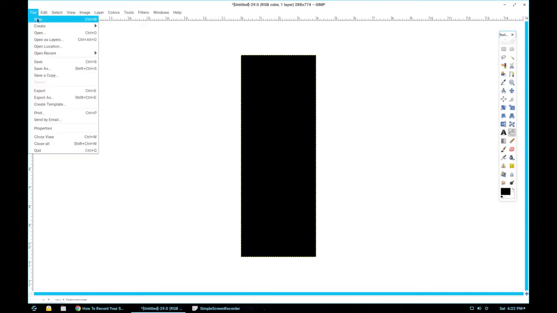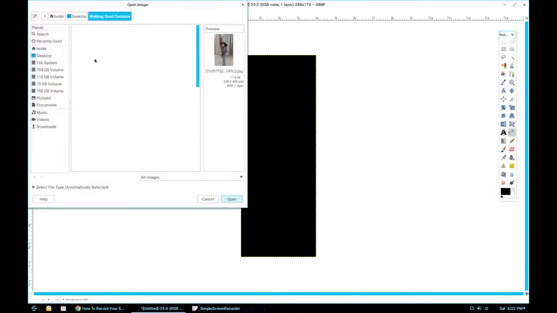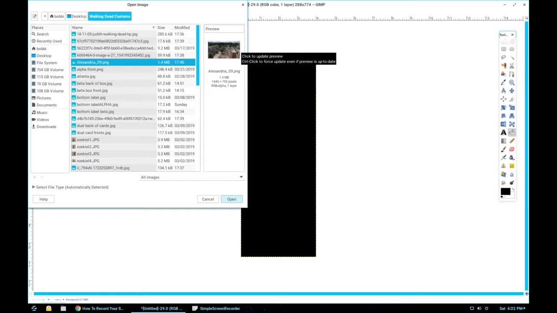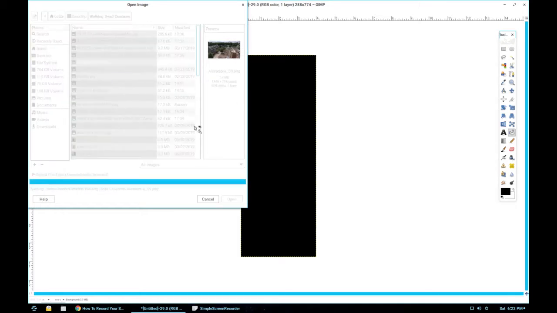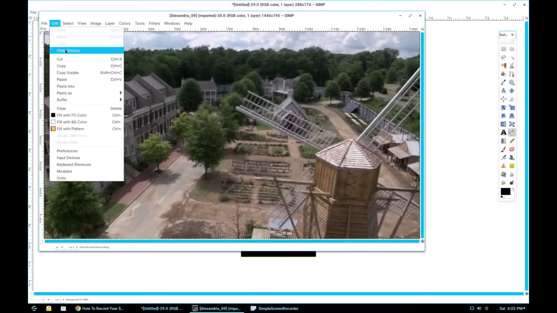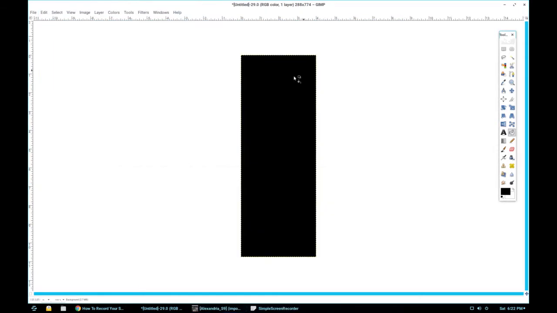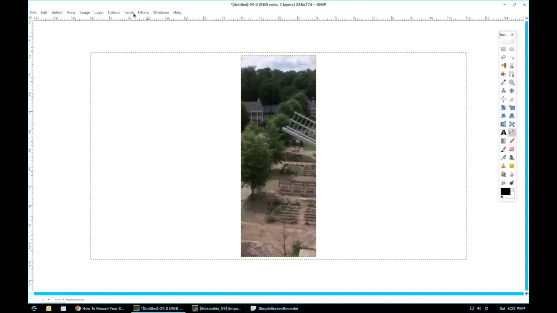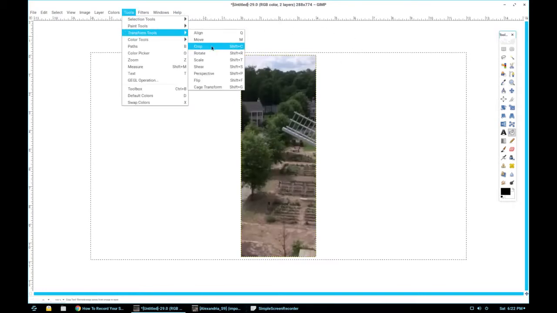Okay, next thing I want to do is go to Open, and I have Alexandria saved here. I have a photo of kind of the town and stuff. It's in the later years, like season 8 and 9, where they have the windmill and all that stuff there. So I want to open that, and I want to edit, copy, then minimize that, edit, paste, and I want to go to Tools, Transform, and